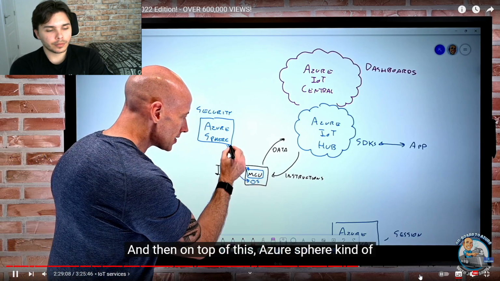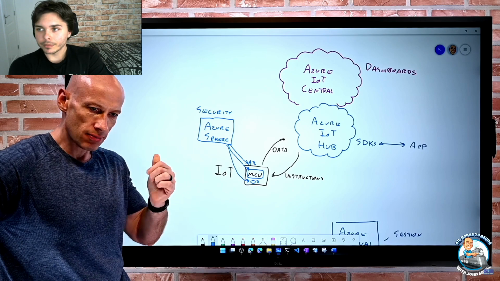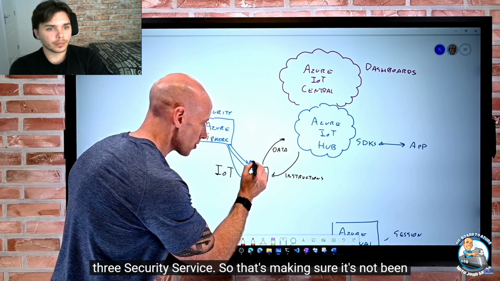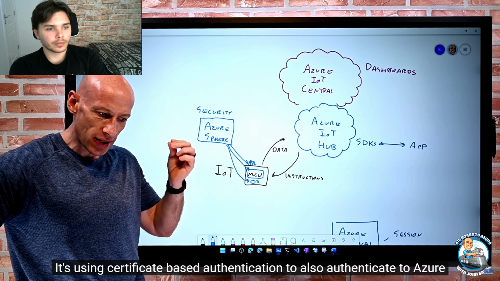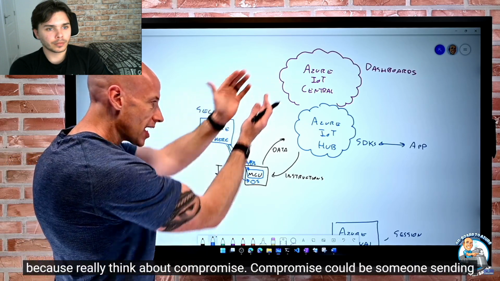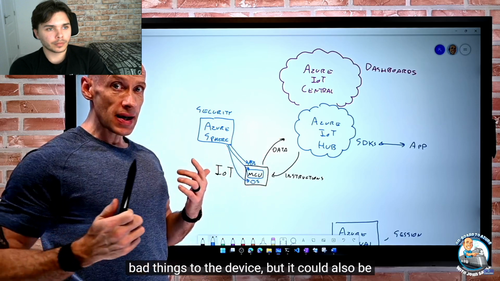And then on top of this, Azure Sphere has this AS3 service. So this is the Azure Sphere Security Service, AS3 Security Service. That's making sure it's not been compromised by some malicious software. It's using certificate-based authentication to also authenticate to Azure. Because really, think about compromise. Compromise could be someone sending bad things to the device, but it could also be someone pretending they're the device,